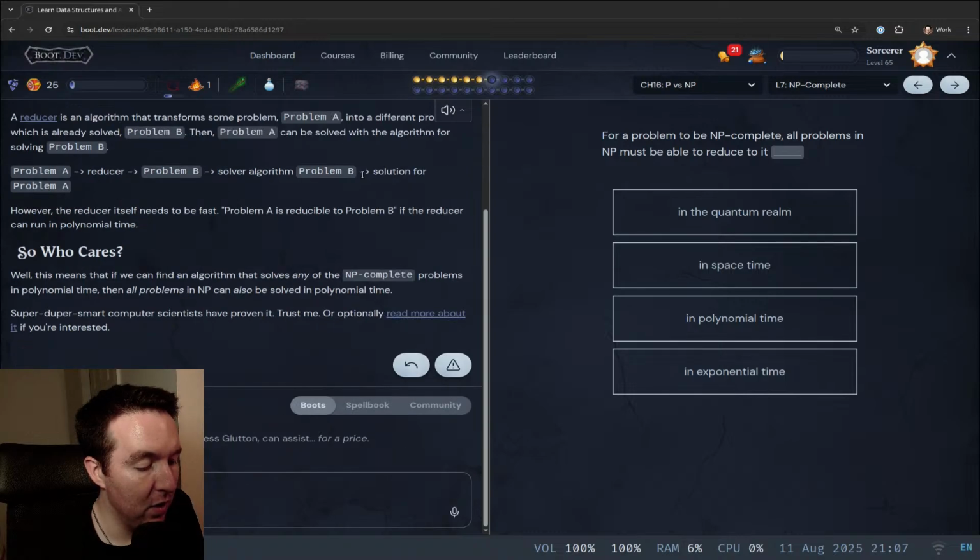So who cares? Well, this means that if we can find an algorithm that solves any of the NP complete problems in polynomial time, then all problems in NP can also be solved in polynomial time. Super duper smart computer scientists have proven it, trust me, or optionally read more about it. So for a problem to be NP complete, all problems in NP must be able to